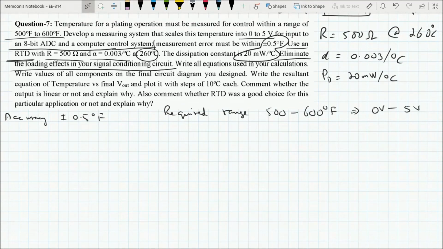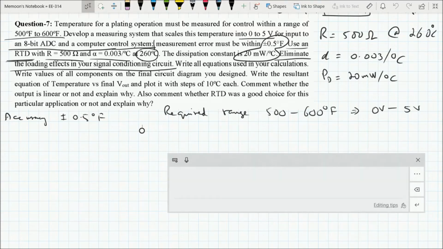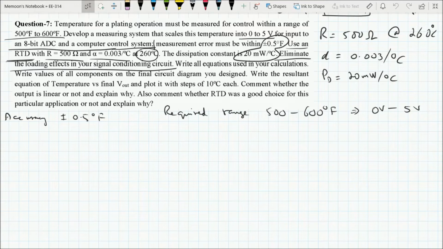Remember, thermistors are semiconductive resistive temperature sensors whose resistance decreases with increasing temperature, and that decrease in resistance is very large. So they can be easily used with potentiometers or voltage divider circuits because the change in resistance is pretty big. But RTDs, on the other hand, are resistive temperature detectors, they are metallic and their resistance increases with increasing temperature, and their change in resistance per degree Celsius change in temperature is very, very small.